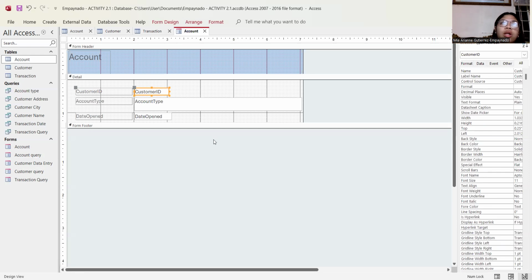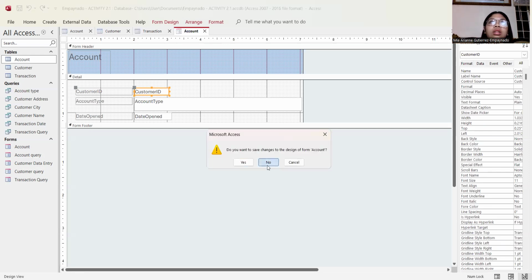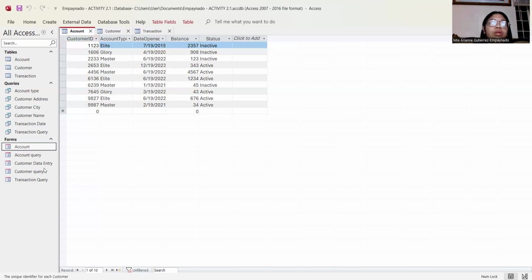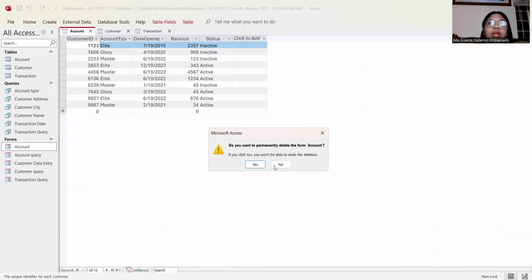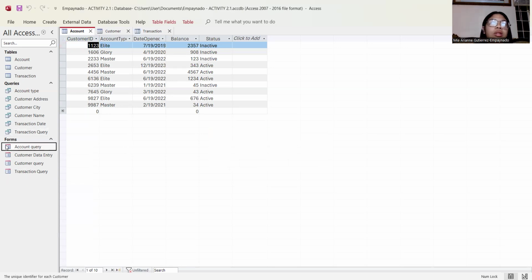From here, the navigation and modification of the form starts. I'll just delete this since I'm not really using this account.